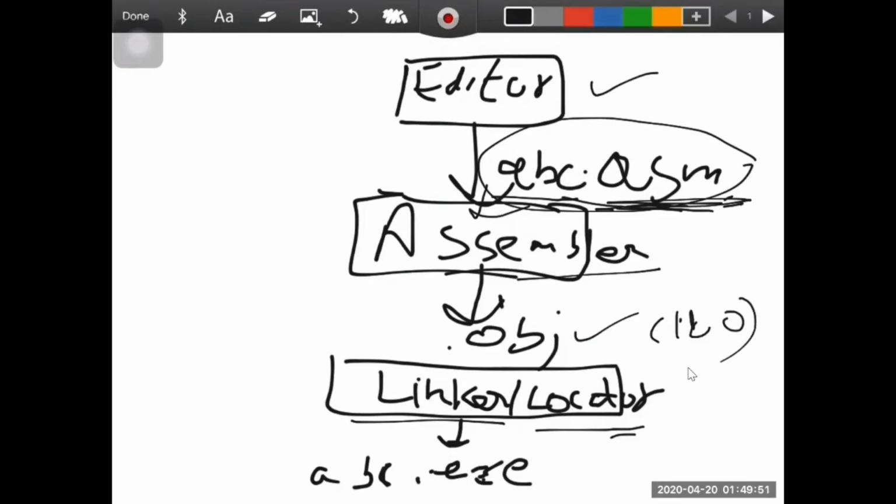After passing through the linker and locator module, it is converted into the .exe file, that is the executable file. So here we generate the abc.exe file that can be used as an executable program.